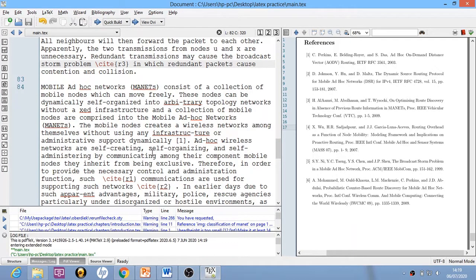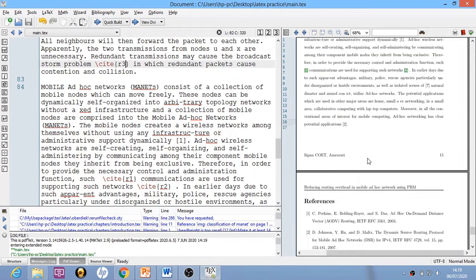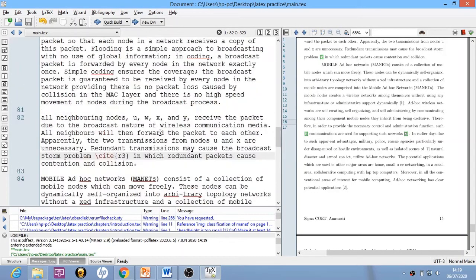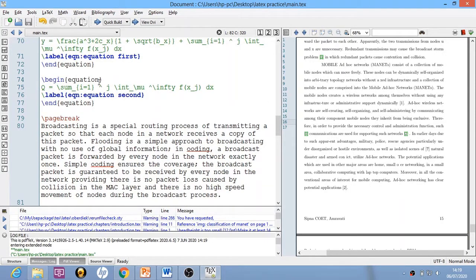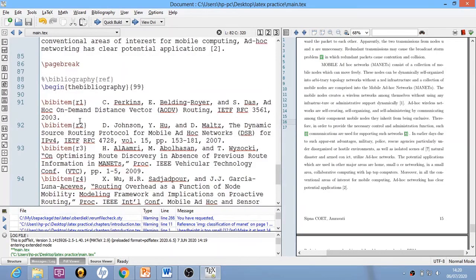But basically you should first go for the BIB file. If you somehow fail to do so, then you can use this straightforward approach. Now remember one thing: including the bibliography in this way will include it very similar to how in BibTeX we were using the bibliography style plain. That's why you can see that the third reference appears first, and later on the first and second.